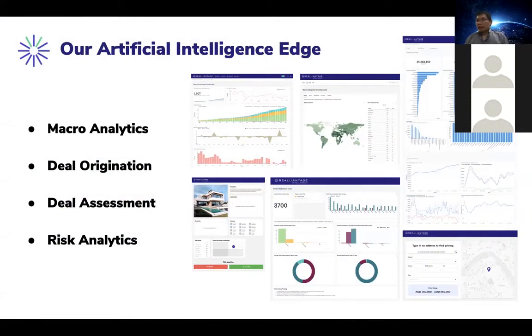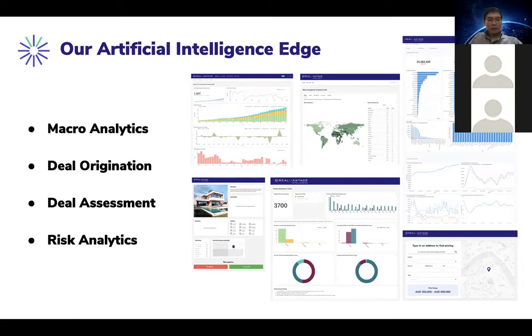Next, I would like to highlight how we do it differently here at RealVantage. We are a small team and we cover many different markets. To help us sharpen our investment decisions, we have developed an in-house artificial intelligence system. We use technology to source better deals, as well as to assess them in a quicker, sharper, faster way. Essentially, the system enables the team to gain new insights, source better, assess faster, and make better investment decisions.